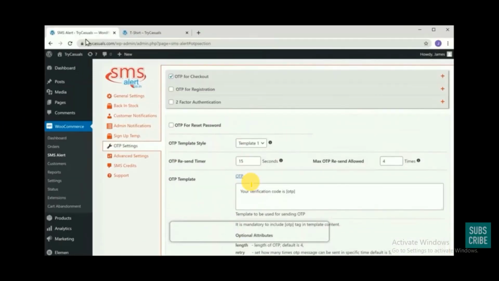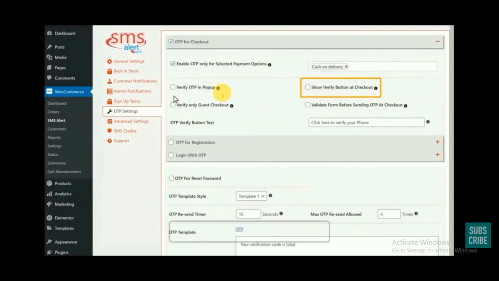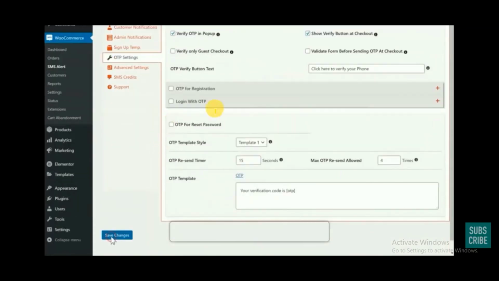And as I have told you, you can choose the OTP for checkout, or for registration you can use the OTP, or for two-factor authentication you can use the OTP. And as I've already told you, you can show this verify button at the checkout, and once you're all done with the changes, you can just click on save changes.